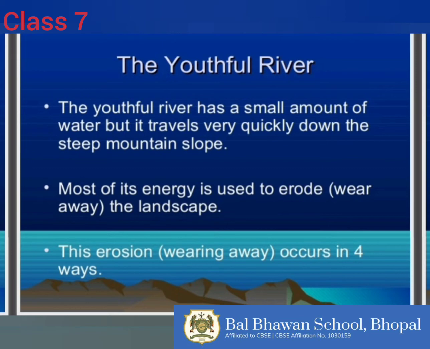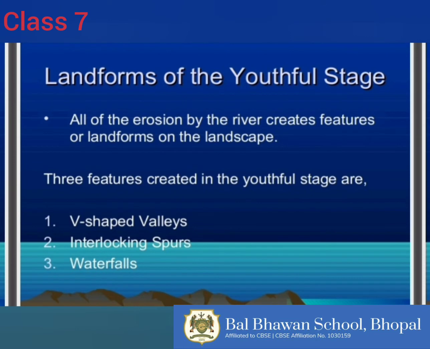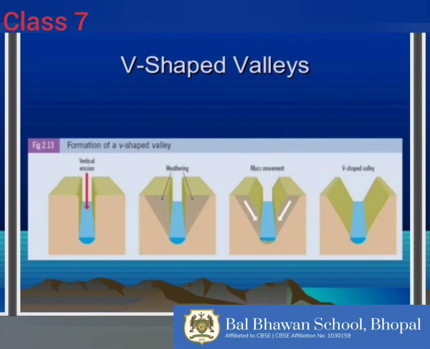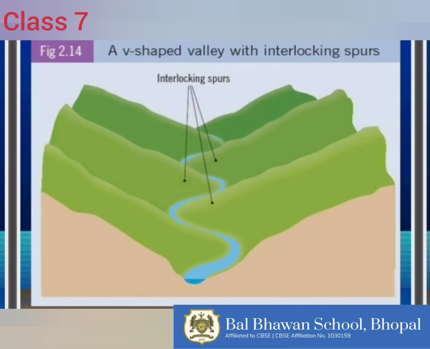The running water in the river carries out its work in three ways. It erodes the rocks over which it flows. It transports the eroded materials. It deposits the materials which it has transported. The erosional work of the river results in the widening and deepening of the river valley. Such a valley is called a V-shaped valley.